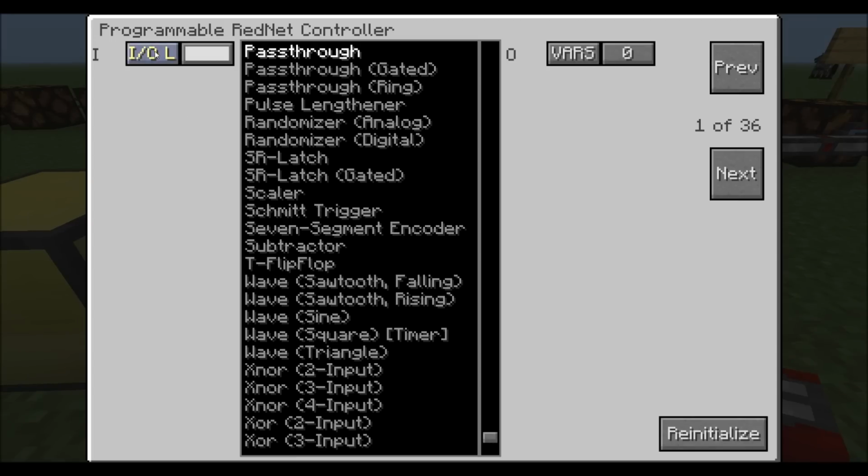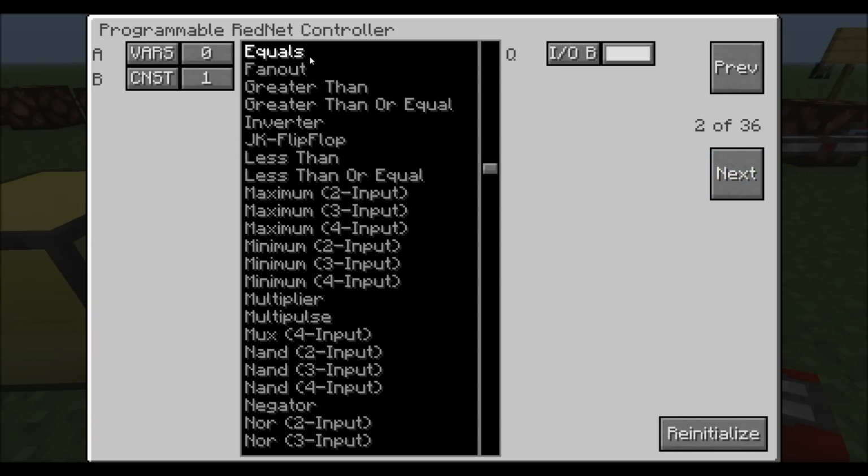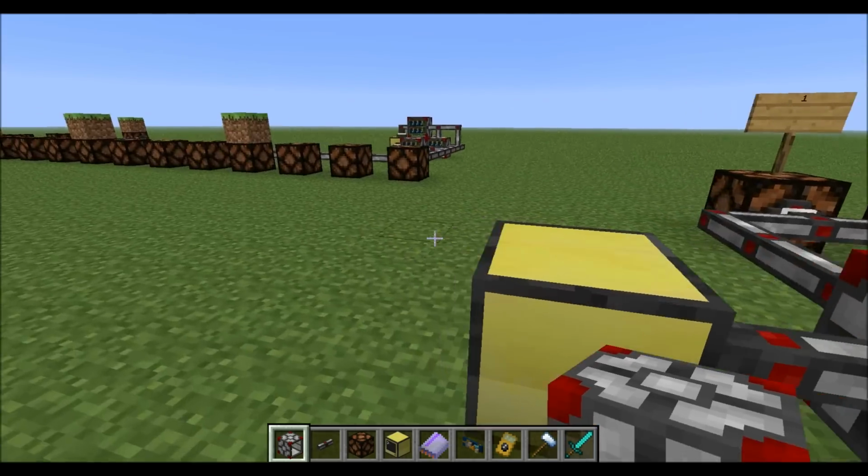So you take your output from your computer here on whatever colour you're inputting it, and we convert it to variable 0. And then with these equals gates here, we say if variable 0 is equal to constant 1, output our first colour. If it's equal to constant 2, output a second colour. 3, 4, 5, 6, 7, 8, 9, 10, 11, 12, 13, 14, 15. And that's all it is. So you can just output one colour